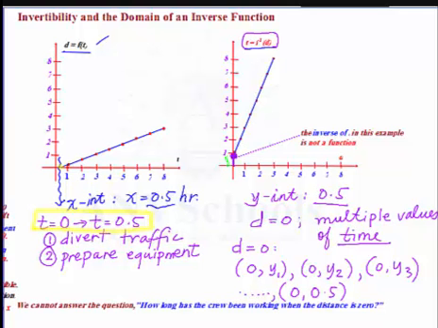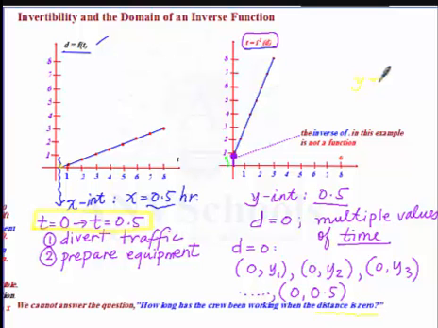We cannot answer the question, how long has the crew been working when the distance is 0? It's simply foolish in the real world. Distance is 0 because they are preparing the equipment and diverting traffic. Therefore, the crew did not yet do any type of painting on the center stripe. So that's why the inverse of y, or in this case our d is equal to f of t, and